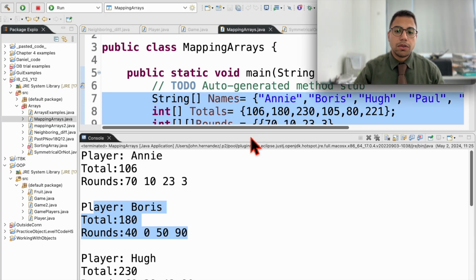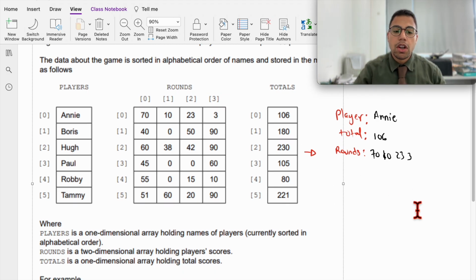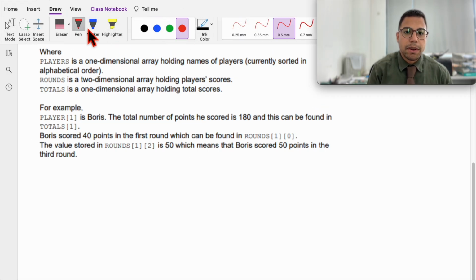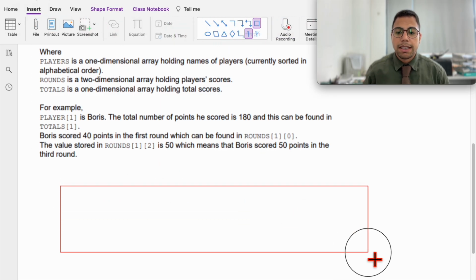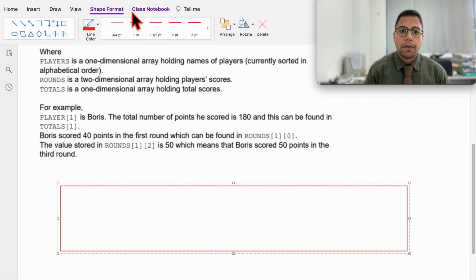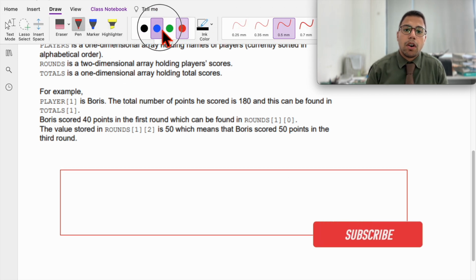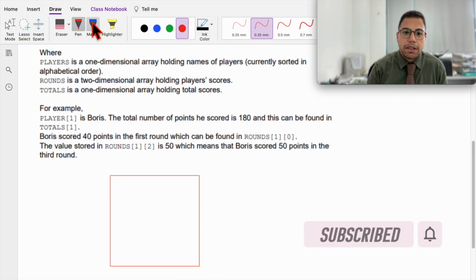Now what we are going to do is to move from that idea and use the knowledge that we have on objects to create an array of objects. So instead of mapping from one another, we are going to create something that looks like this. Let's say that we have a new array, but this new array is not of the type of any of these arrays individually, but of the type of object called players. We are going to have a class called player, and